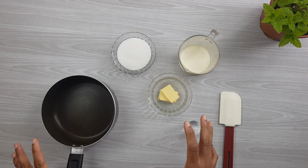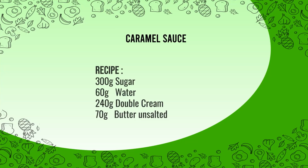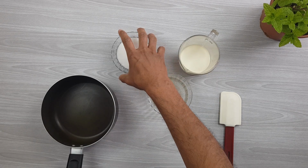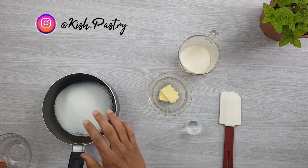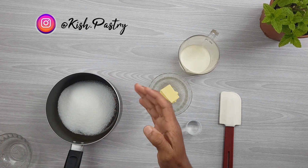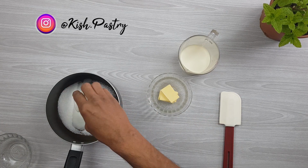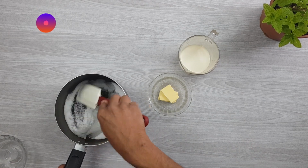First, I want to make a caramel because I need a cold caramel to go on the cake and mix with the buttercream. First, sugar goes in, and use a pan with tall sides because this is gonna bubble up. Sugar and water, mix well,